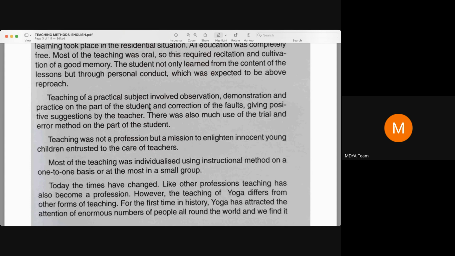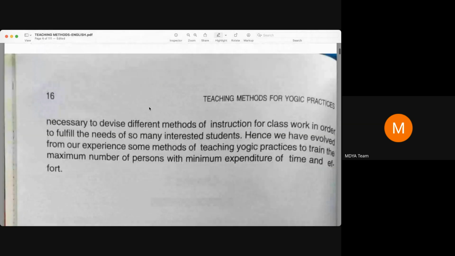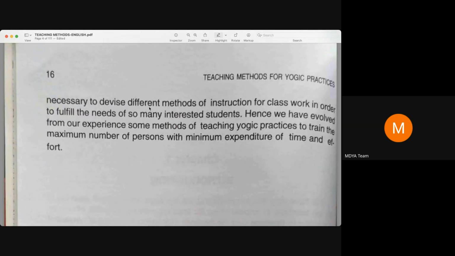Like other professions, teaching has also become a profession. So the teaching of yoga differs from other forms of teaching. For the first time in history, yoga has attracted the attention of an enormous number of people all over the world, and we find it necessary to devise different methods of instruction for the classwork,